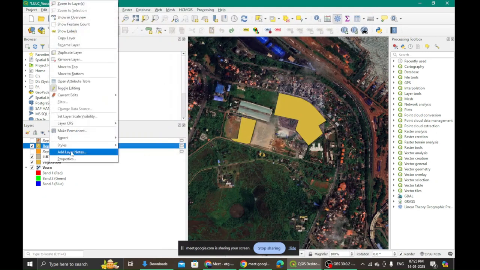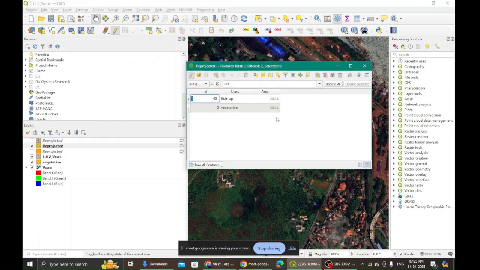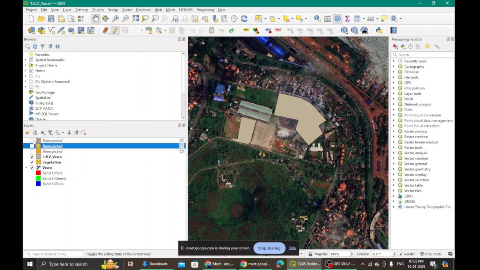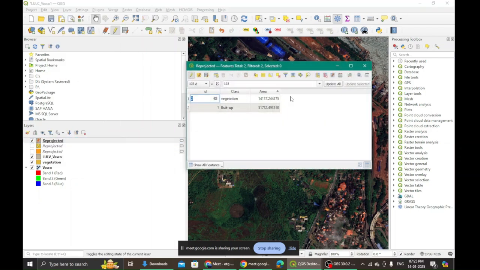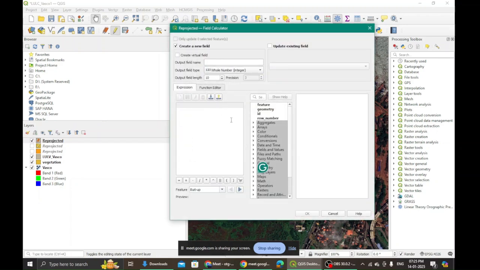Now I will just show you what other things are also possible. I open my attribute table again, and I go back to the open field calculator. I won't use this one. There seems to be some mistake that I have made for that layer. So I open the attribute table, go to the open field calculator again, and then to geometry. Under geometry this time I want to see the perimeter of my region.